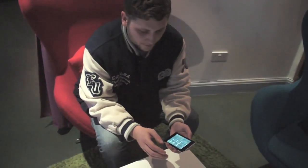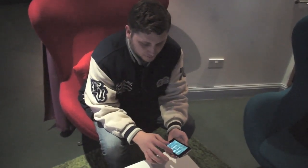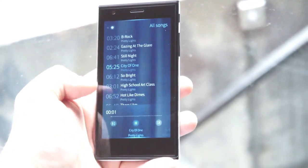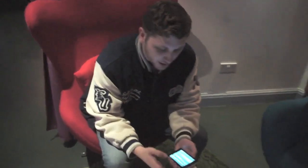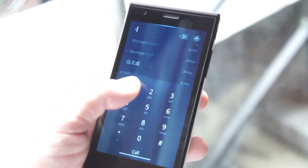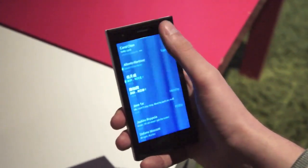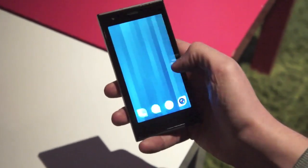We're not massively sold on the software. I guess it's interesting they've tried to do something different, especially with this top-down scrolling menu, and with all the gestures, you might think, okay, you kind of use it and it becomes second nature, and I'm sure it probably will become second nature if you use this quite a lot, but everything seems a little bit disjointed at the moment, and where they're trying to simplify things, they're perhaps making it a little bit more complicated. Just because if coming from platforms like iOS or Android or even Windows Phone, there's a certain kind of